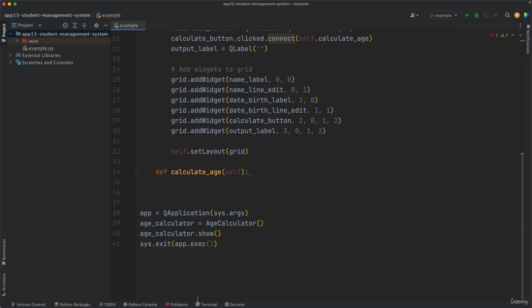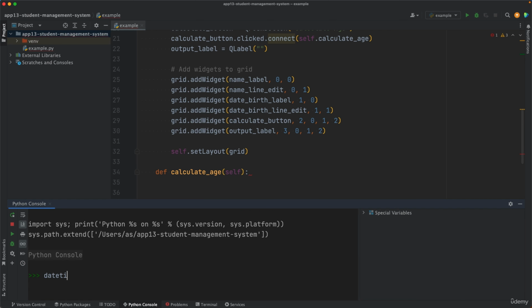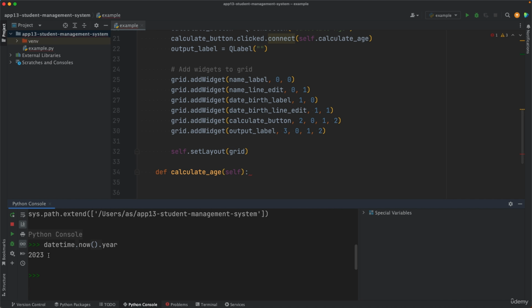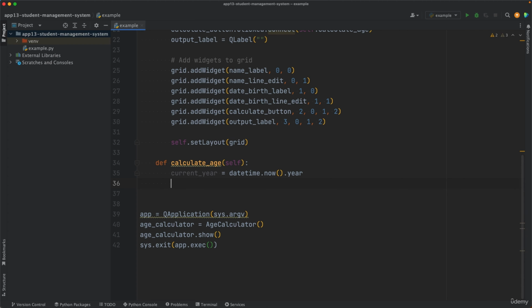So then we can get the year like this: from datetime import datetime, and then you say datetime.now().year. That will give you the current year. So we get that code, we say here current year is equal to that, right? And then we want to extract the year of birth,